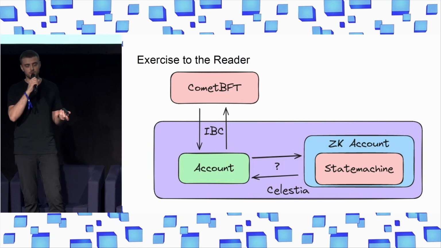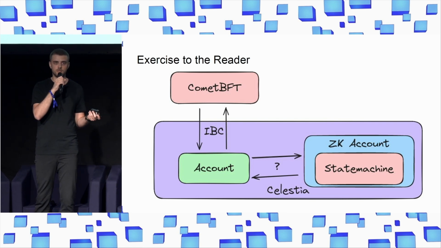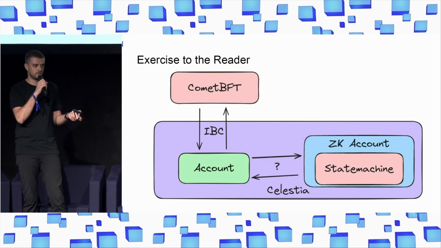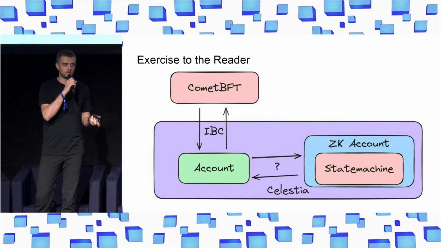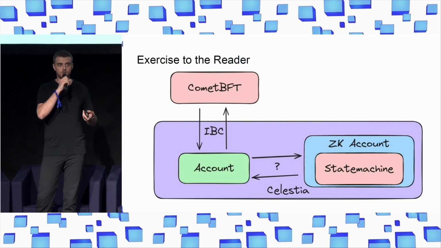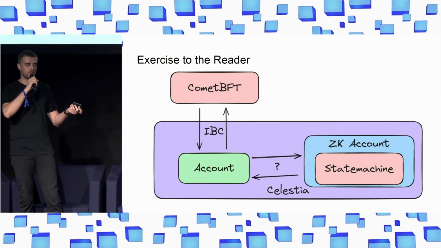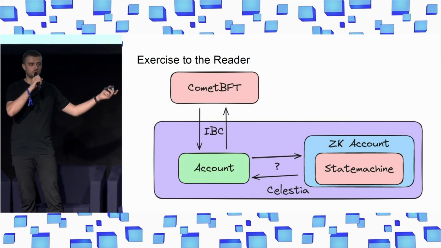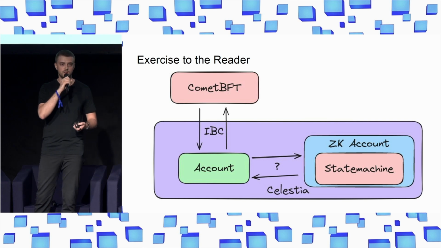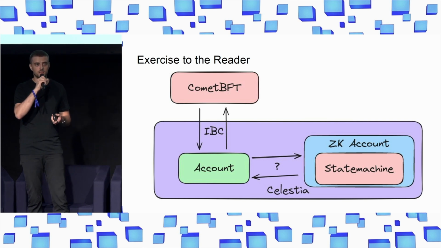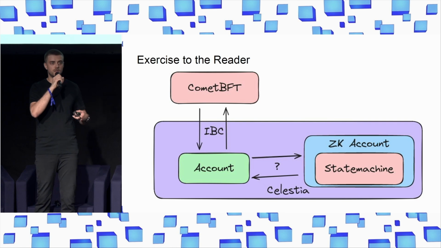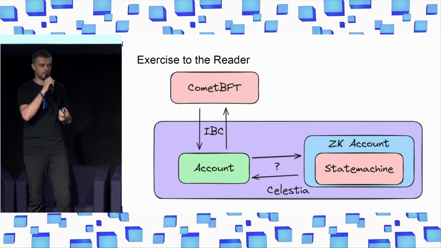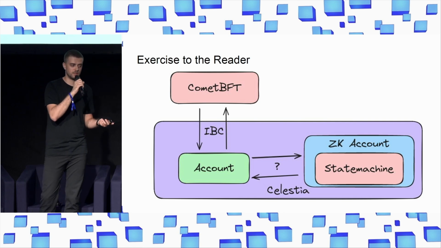And one thing that could be interesting, as food for thought, which you have to discuss, is: if you are connected to IBC, is there a way to transfer those tokens through Celestia to the ZK account? And can we do that in a way without, for example, let's say removing the token filter? That's basically the point of discussion.